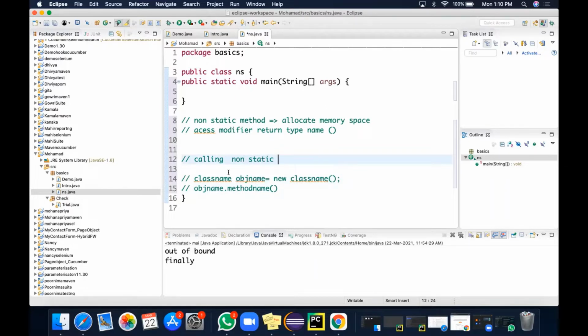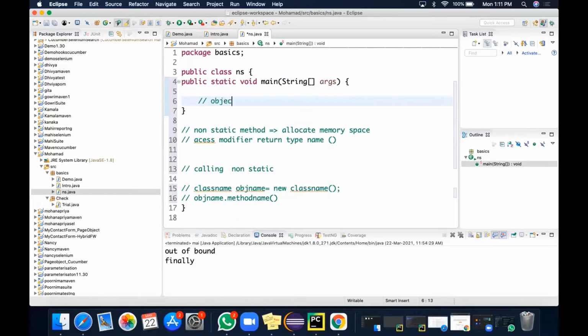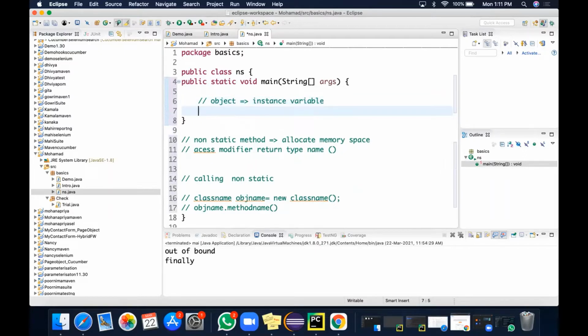First you have to create an object. This is the creation part. Whenever you are using this new keyword and then class name, automatically the object will be created. After the object is created, you are giving a name to that object. It is like an instance. That is, object is also called as instance variable. Instance variable, what does it mean? Instance. So it is a class instance. It's like a representative of class. So we used to call them as instance variable.